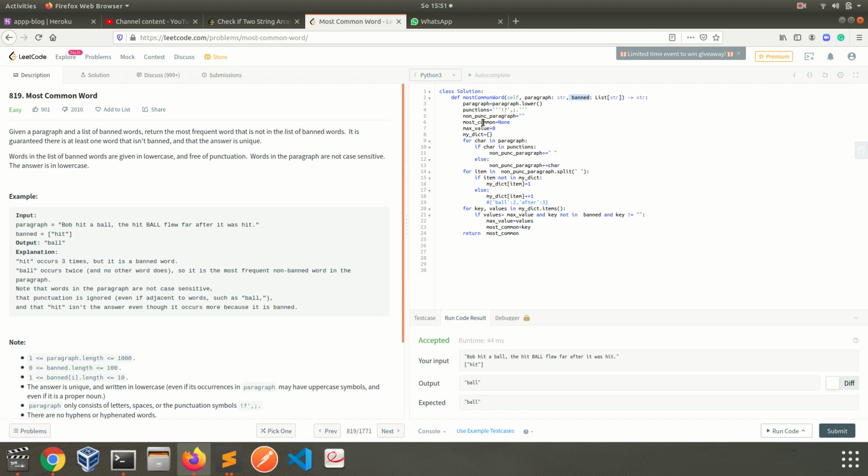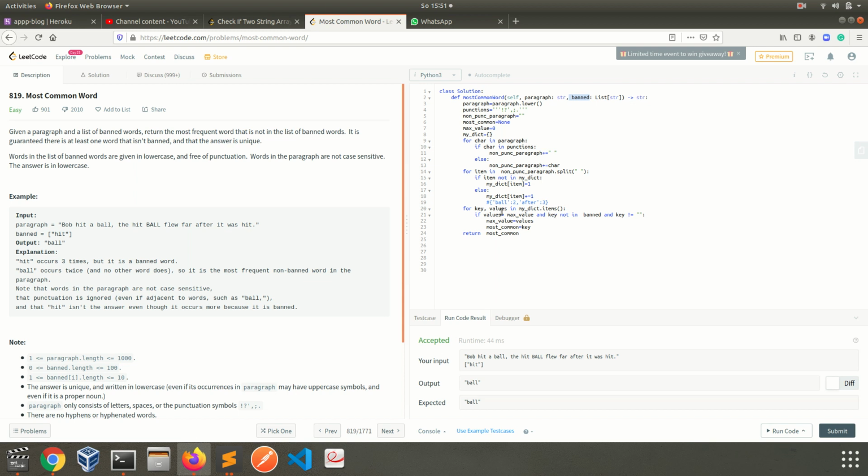I defined these variables, and I assigned 0 and None. I check first of all if the value is at this point 2, and I check if this value is bigger than max value. My current max value is 0. If it is bigger, I also have other conditions.